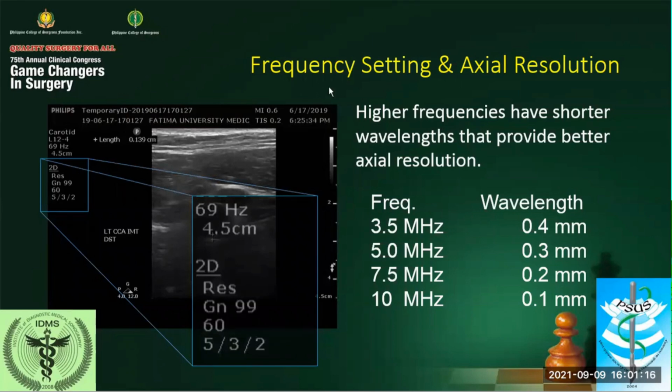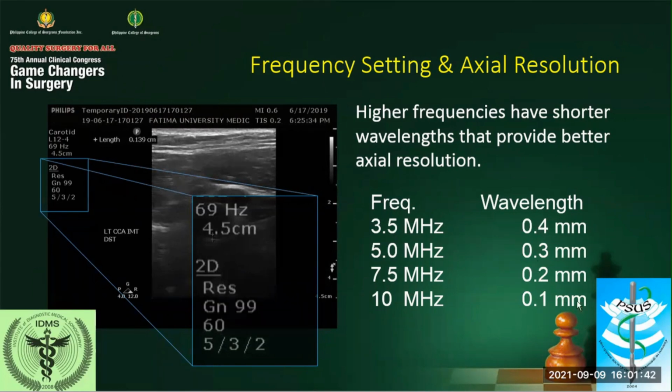The first control we'll talk about is the frequency setting, or the frequency control. Depending on the type of machine, this may be found on the control panel or on the screen if we're using a touch screen unit. From physics, we know that as the frequency increases, the wavelength becomes shorter.